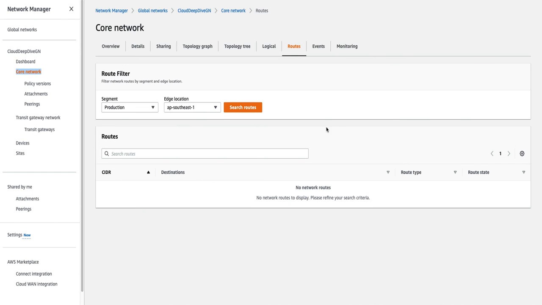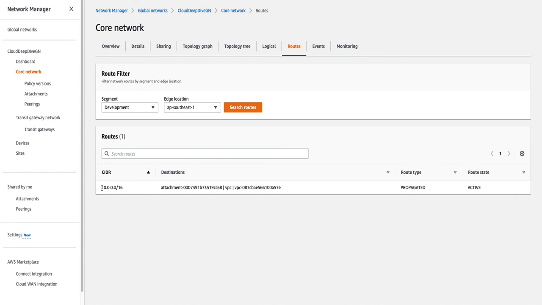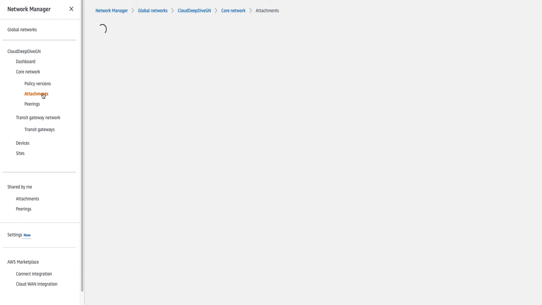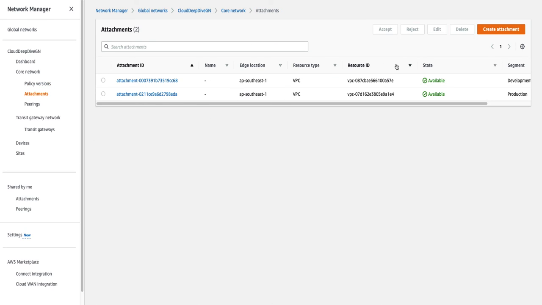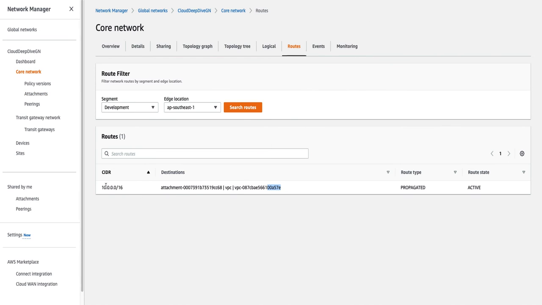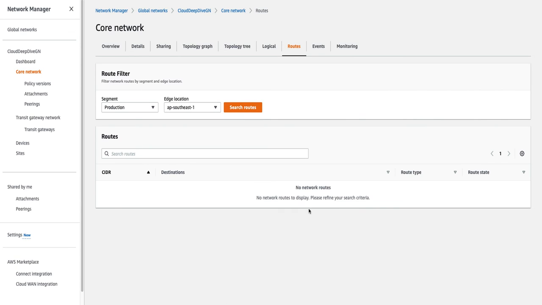Now if we go to the route table and if I show for the development and Southeast 1, you will see a route here that any traffic coming from the VPC CIDR, this is the CIDR for this development VPC, will go to this attachment. And this attachment is, if I show you attachments, this is your development attachment. So what it's saying is that any traffic coming for this particular route, it will send the traffic to the development attachment. Now if I see for the production, you won't see any route here, and the reason for that is